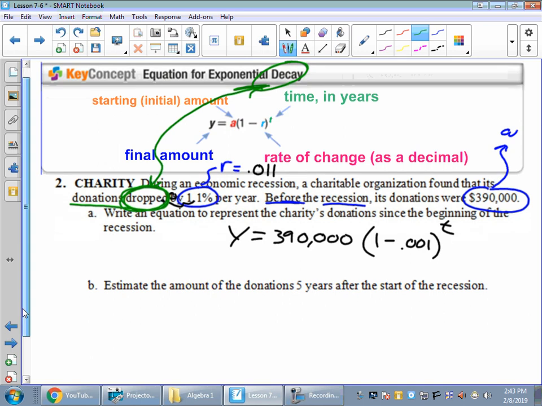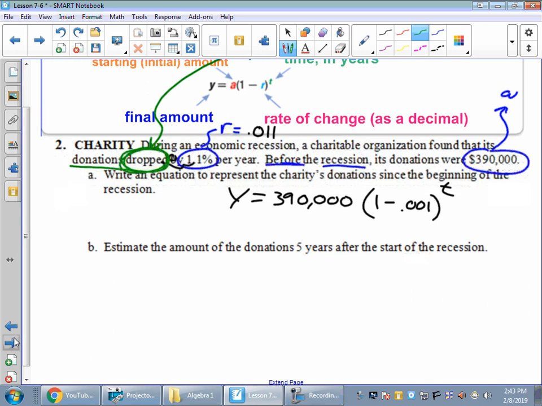Now we're going to punch in something for t and see if we can get an answer. All right, so estimate the amount of donations for 5 years after the start of the recession. So that was pretty easy. It gives us right here that t is equal to 5. So that's pretty simple. Now we have y equals 390,000